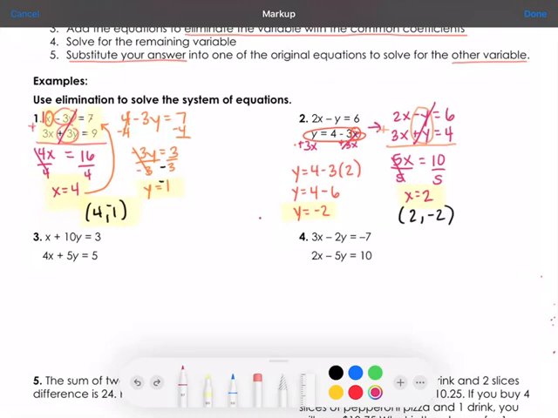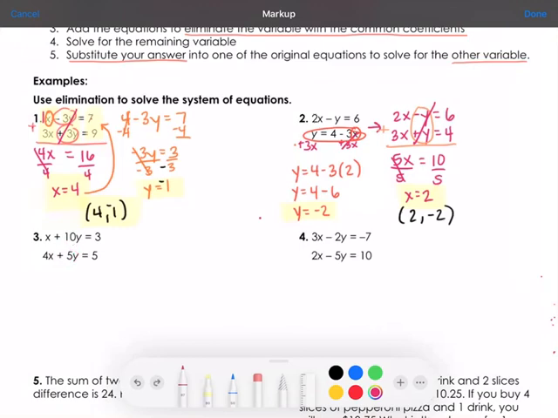You want to look for some way to get an inverse coefficient. So it looks like, as far as the x's go, they're both positive. I have a positive 1 and a positive 4. So what I could do is I could multiply this top equation by negative 4, which would turn this into a negative 4. And that would work. But maybe an easier way would be with the y's, I have 10y and then I have positive 5y. If I multiply this by negative 2, I'll get a negative 10, which would eliminate with the 10